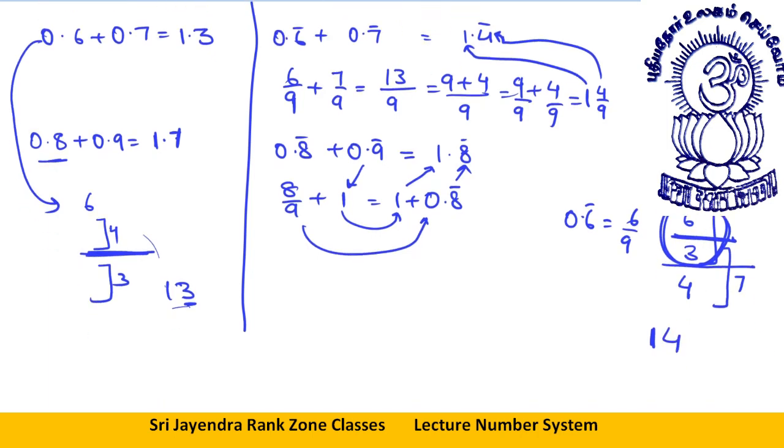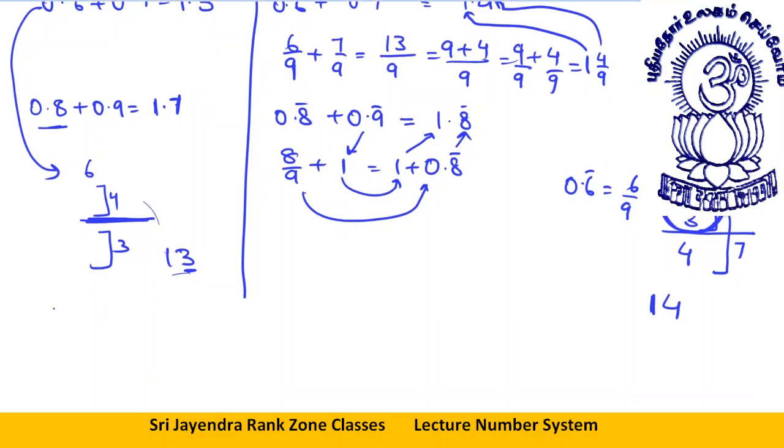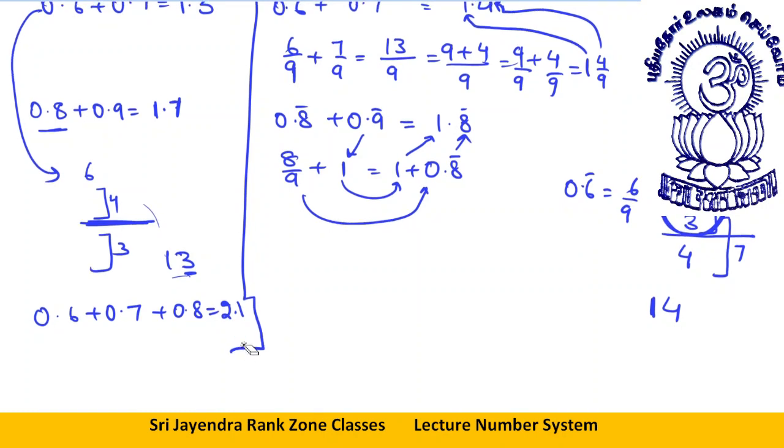Now let's take another example. See, if I write 0.6 plus 0.7 plus 0.8, you all know that adds up to 2.1. 2.1, okay. But if I write 0.6 bar plus 0.7 plus 0.8 bar, some of you might very hastily write down 2.2 bar. No, this time it will be 2.3 bar. Why? Because it will be crossing that decimal twice.